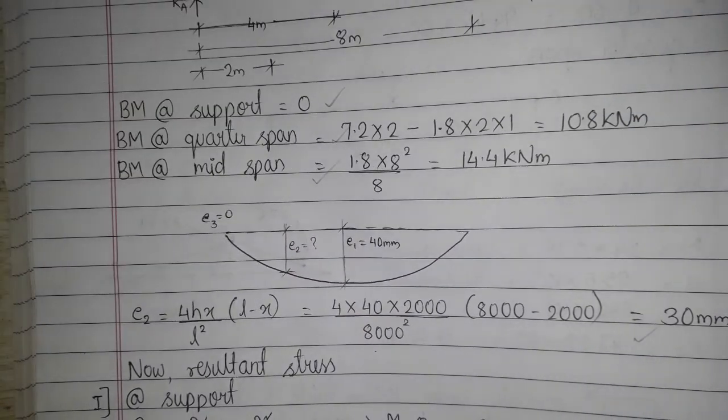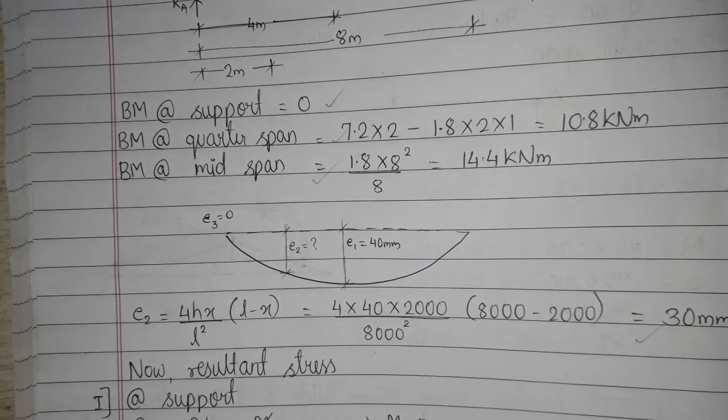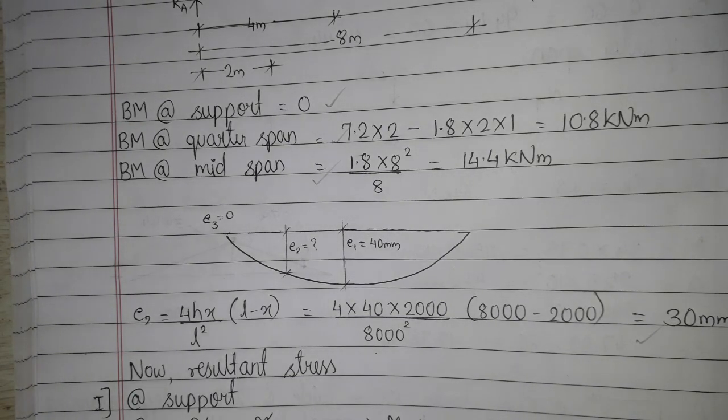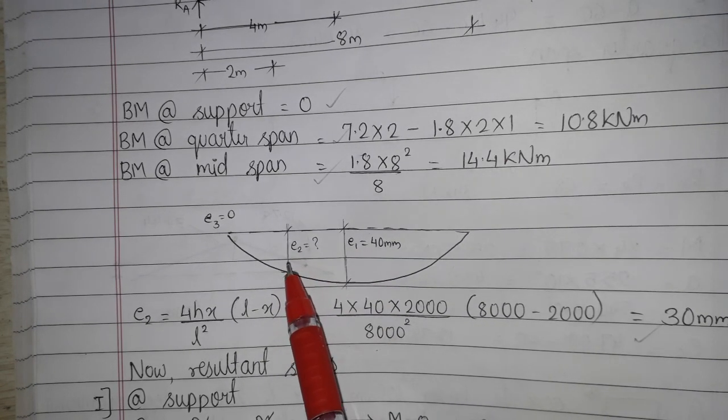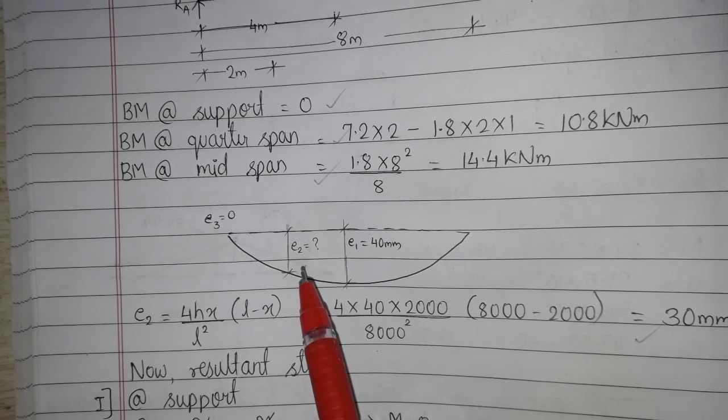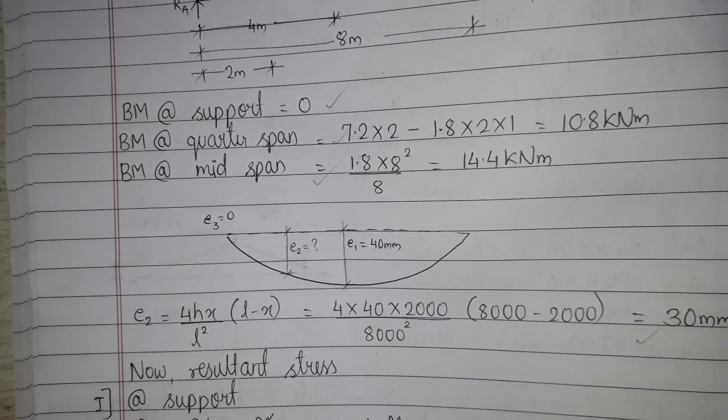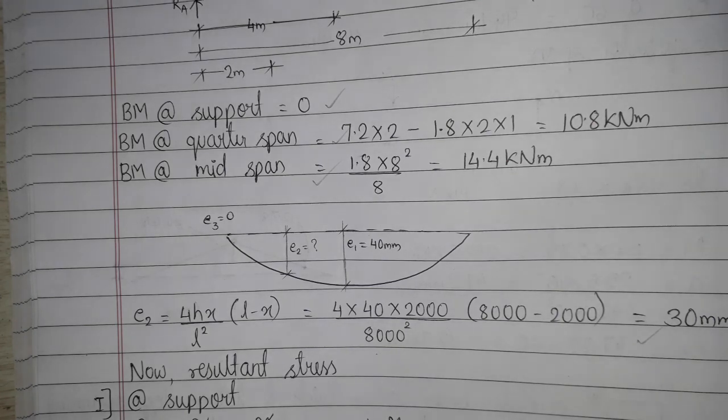Once you know E, you can easily find out the moment M. If you get M by P, you will get a. If you get a, EC is equal to a minus e. You have got e already. You calculate a is equal to M by P, and once you get it, you can easily find out EC is equal to a minus e. At that time you can locate the pressure line. That is one method. One more method I'll just explain.